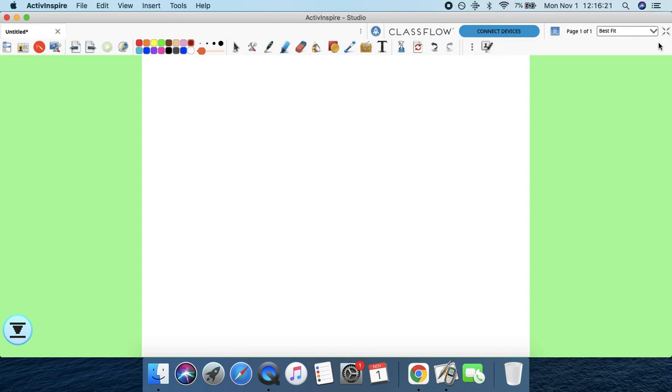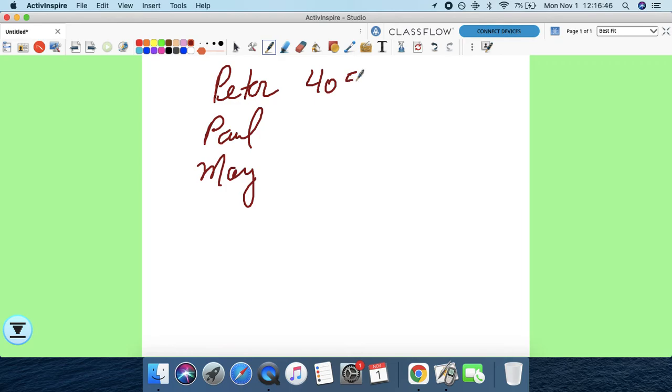Okay, so the money's going to be split proportionally, right? First, we have to see how many shares are in total. So let me write this: Peter, Paul, Mary. Peter owns 4,050 shares. Paul owns 2,510 shares, and Mary owns 4,200 shares. Well, total shares